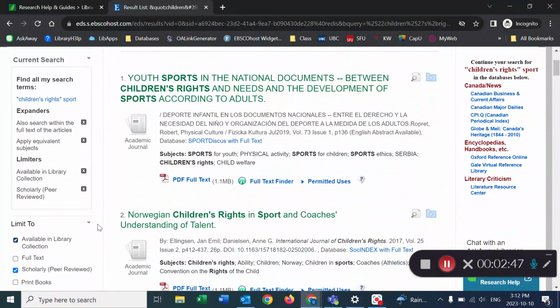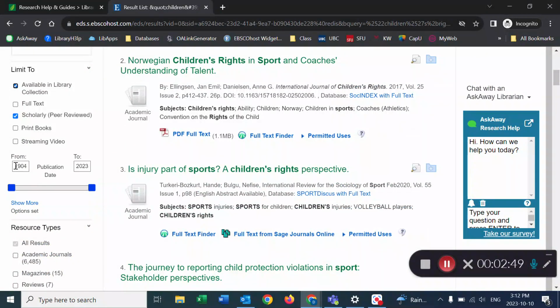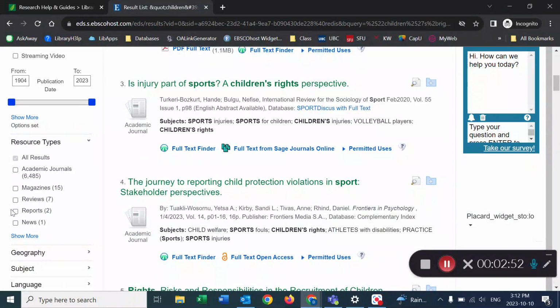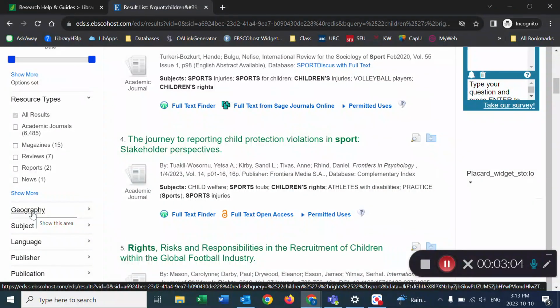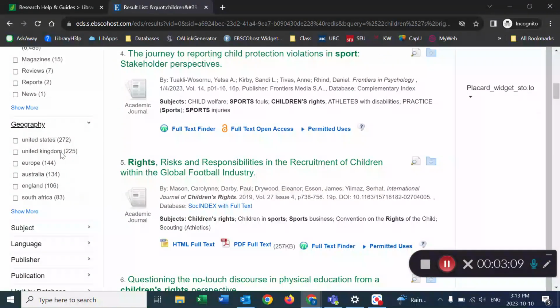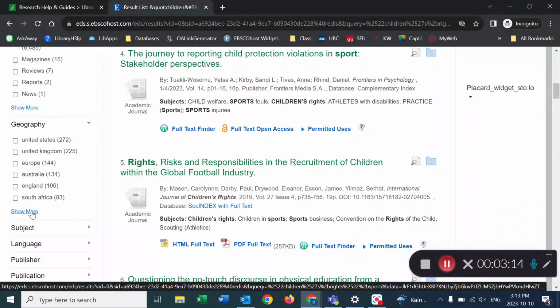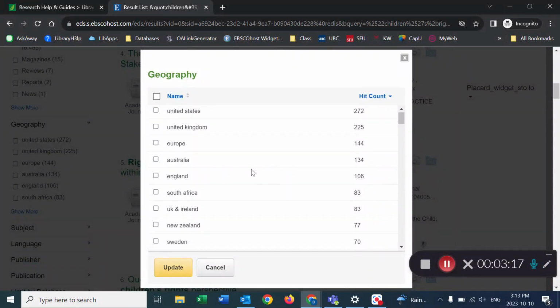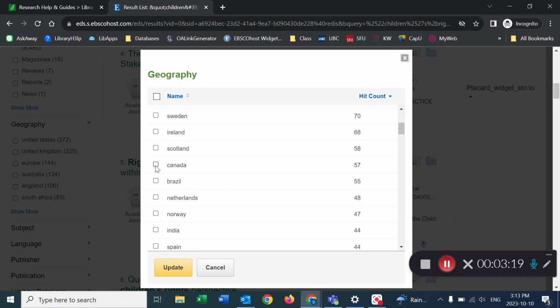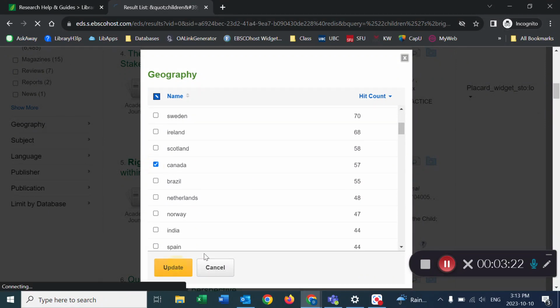Over on the left, if I scroll down, you can see that I can limit to date. I can limit to resources. I'm not going to tick the academic journals box because I've already done that by selecting scholarly peer-reviewed. And if I want to limit to Canada, I'll go to geography. So I'll click on that. You'll see the list of results. Loads of different countries are listed. I'm going to click on Show More, and hopefully Canada will be there. Then I hit Update,